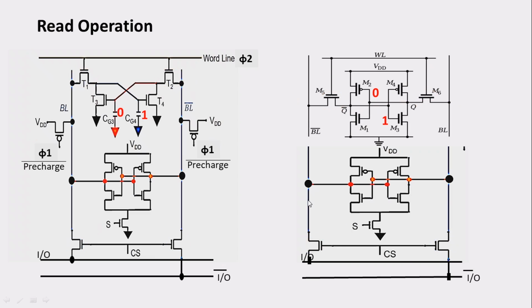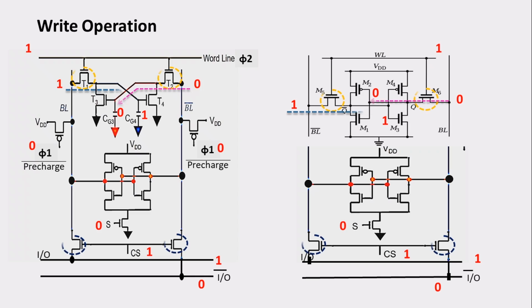The same thing is meant for writing logic 0 as well. As you can see, we have written both the values. 1 we have written, and 0 also we have written. Since 0 is IO bar, this is how 0 is being written. If you want to write bit 0, this is going to be vice versa.